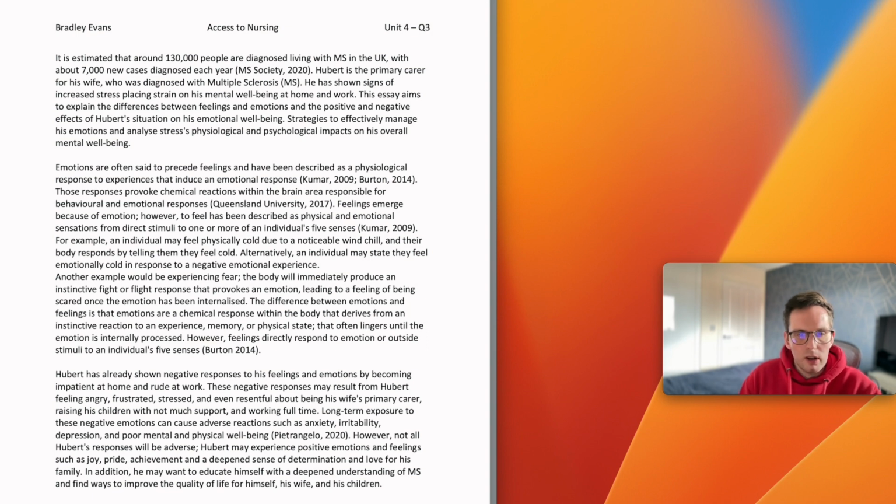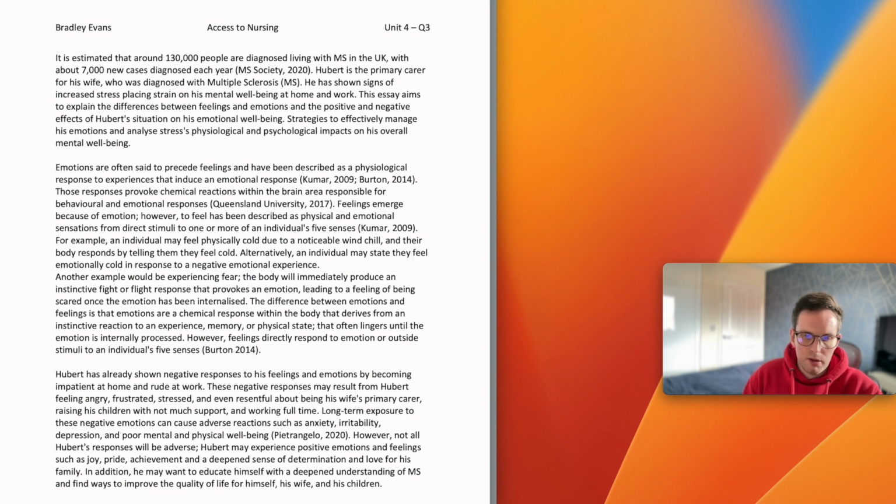For example, an individual may feel physically cold due to a noticeable wind chill, and their body responds by telling them they feel cold. Alternatively, an individual may state they feel emotionally cold in response to a negative emotional experience. Another example would be experiencing fear. The body will immediately produce an instinctive fight or flight response that provokes an emotion, leading to a feeling of being scared, and once that emotion has been internalized,